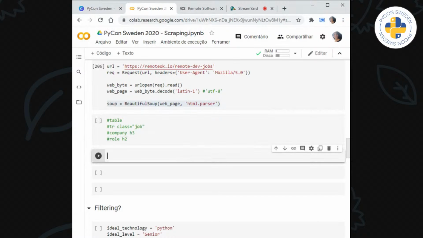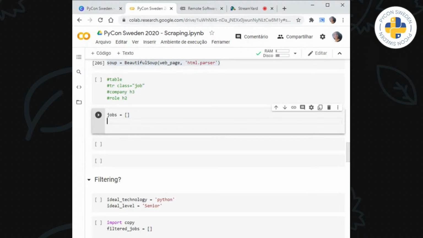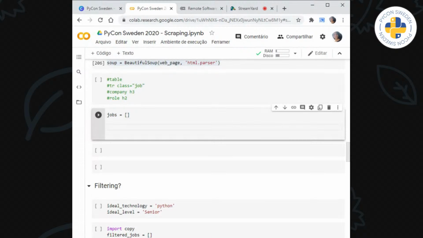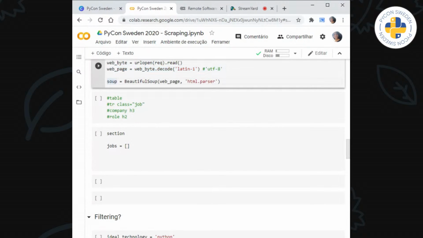Okay, so first off, I'm just going to create a list of jobs, and we can get the table before it. So we are going to have a section, basically, to have a smaller piece of a tag, because right now the soup goes over all of the page, but we are not interested in all the page.